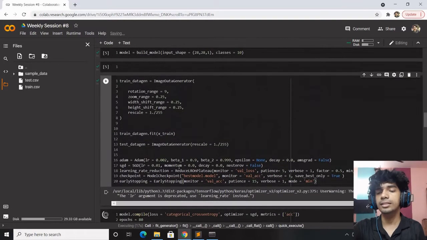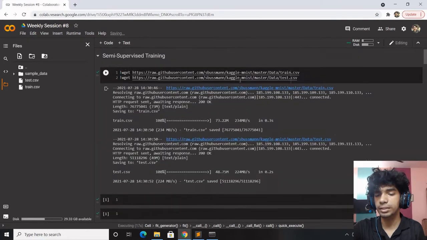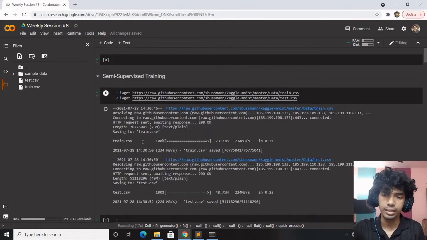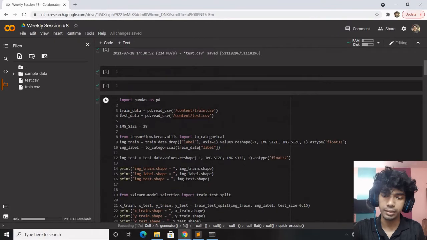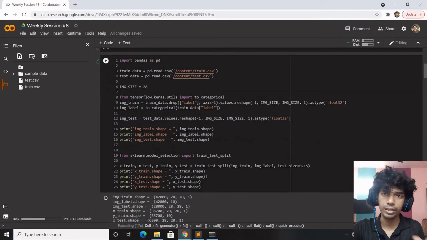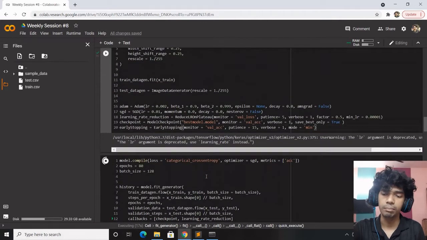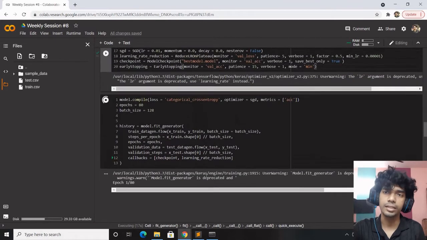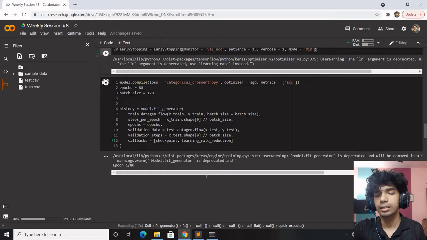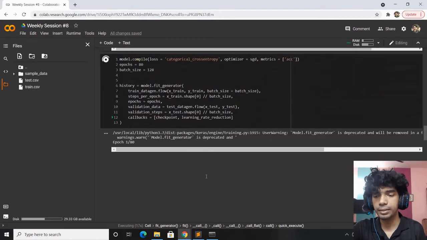And I think this part is quite obvious. This part is something you already have done: the MNIST data, the defining of the image train, image label, the training data, the model defining, the compilers, everything. But let the training happen.